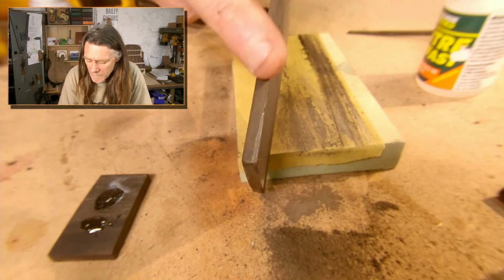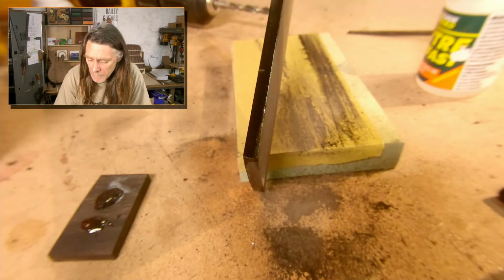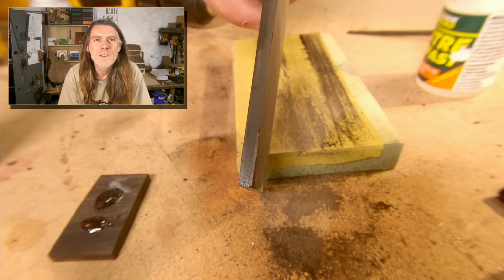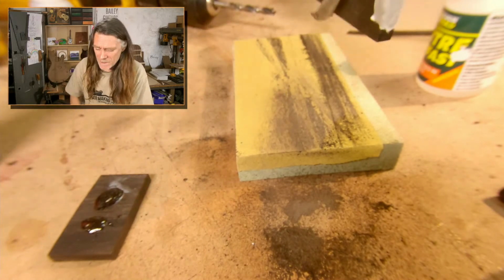So it might look a different colour when it dries, but when you put the finish on, it will go black again. See, only me and you know about that now. Nobody will ever know. Let's have a look at this end,